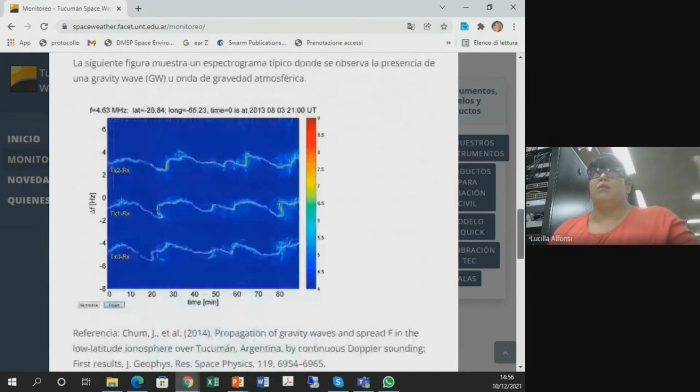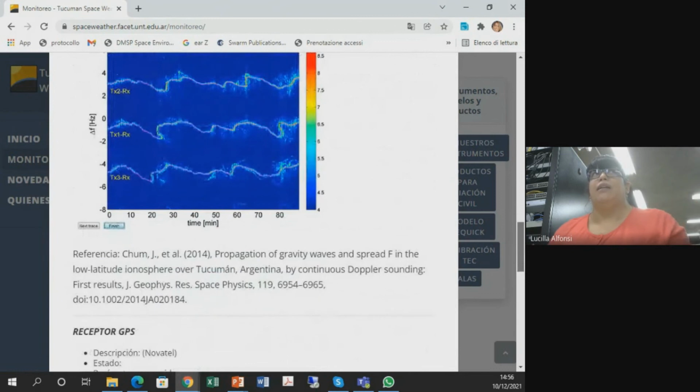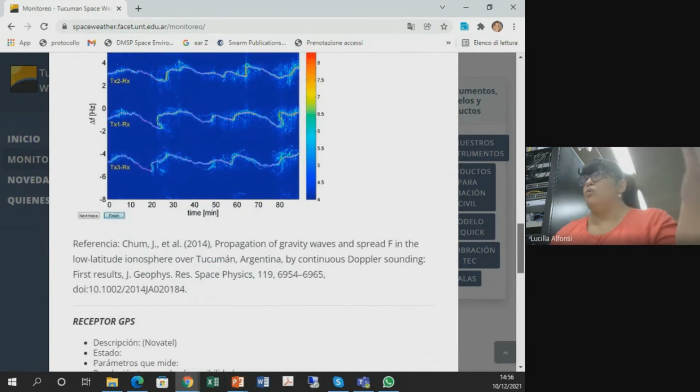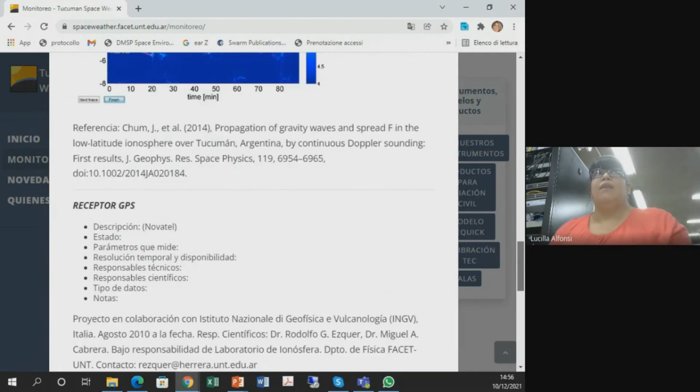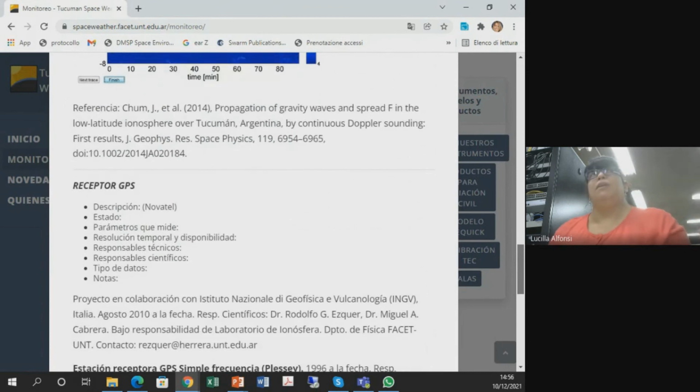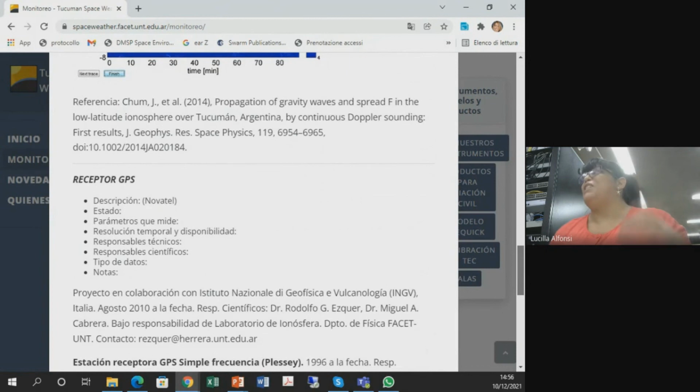And this is some explanation of the data so people have references on how to use and see the data. We have a GPS receiver